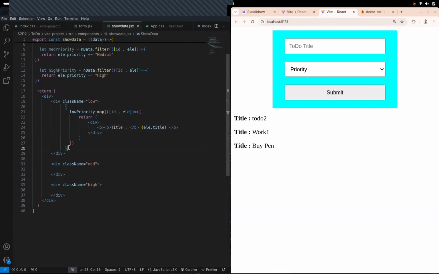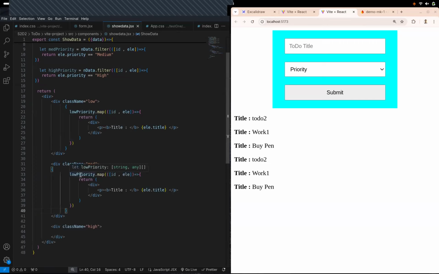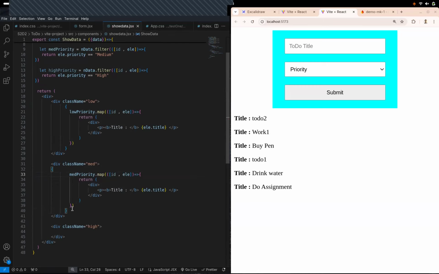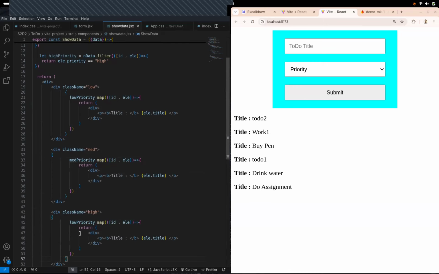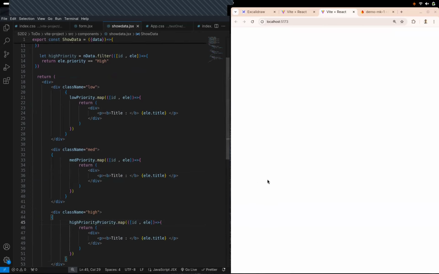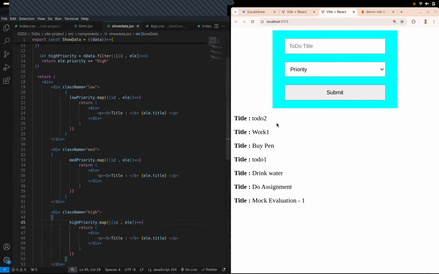Similarly, the same thing, exact same thing will happen over here also, wherein we'll have medium priority over here, and we'll have high priority, right? So this has to be removed. Let's remove this. All right. So we'll have all those things,